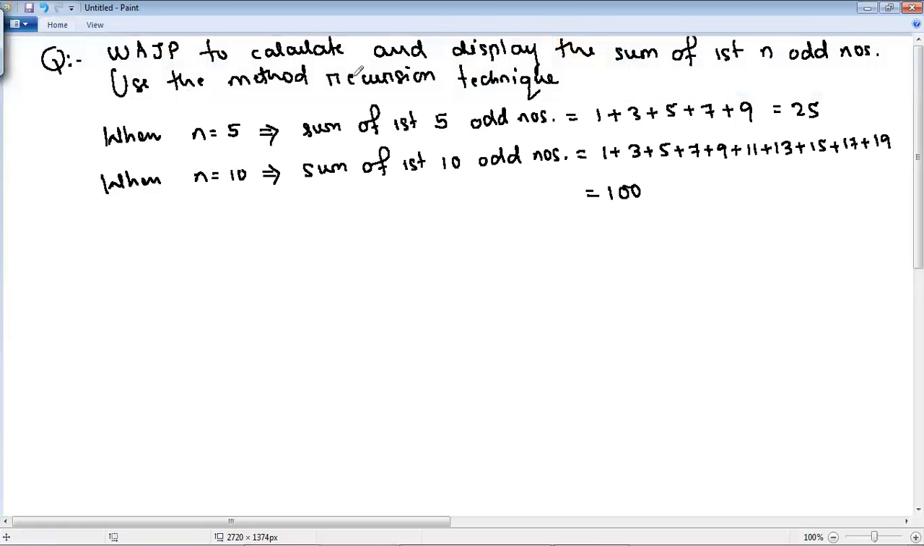Now you can see here, when n is equal to 5, the fifth, that is the last odd number which is there in the process of addition, is 9. So when n is equal to 5, the last odd number is 9. And when n is equal to 10, the 10th odd number, or we can say the last odd number, is 19. Now in the method recursion technique, what we will do, we will pass the last odd number initially, and